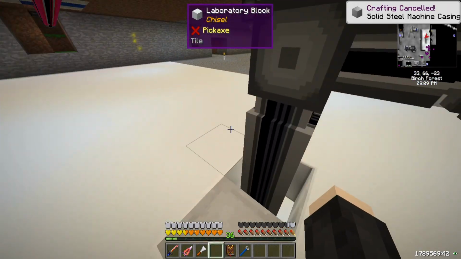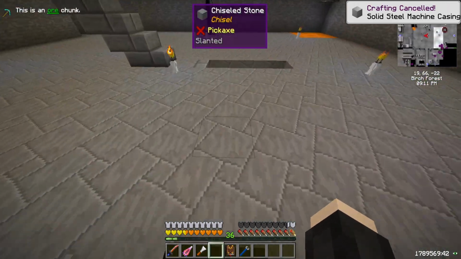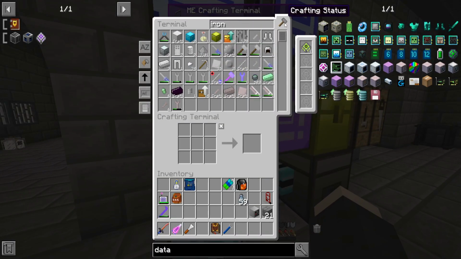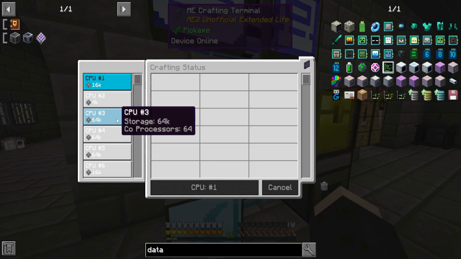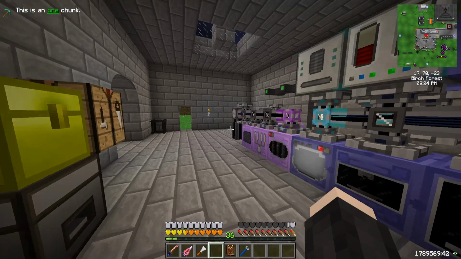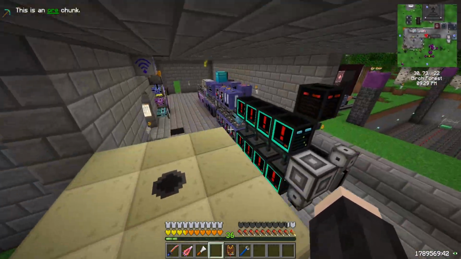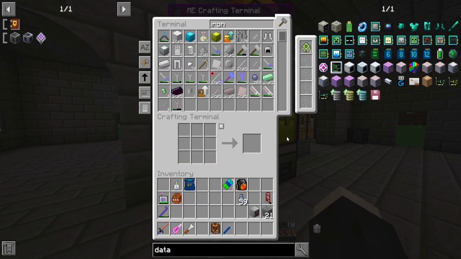Whoops, I didn't mean to hit cancel there. Oh well. Crafting's canceled all. Yeah, it says 64 co-processors. Not sure why it does it so slow, but eh. Okay,